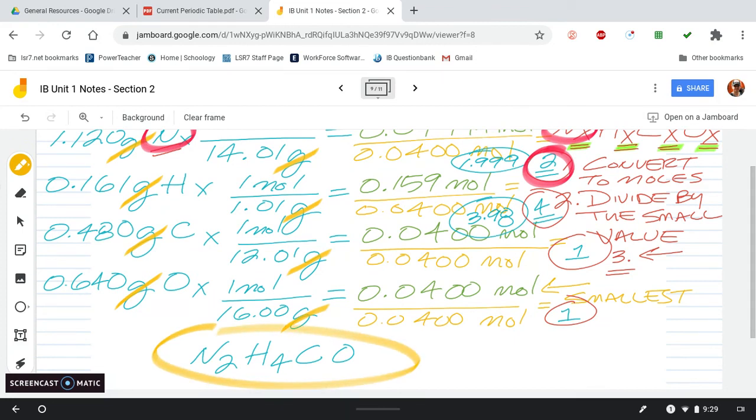And there you go. Hopefully you got that, and hopefully you could run through this and get the answer on your own. Now, if you didn't, hopefully you're spotting the mistake. If there is a mistake, the mistake is usually this step right here. Students forget to divide by the smallest. They just want to round right after they do the initial math. So that's going to be taking care of that example. And I'm going to pause the video here, and then we're going to start